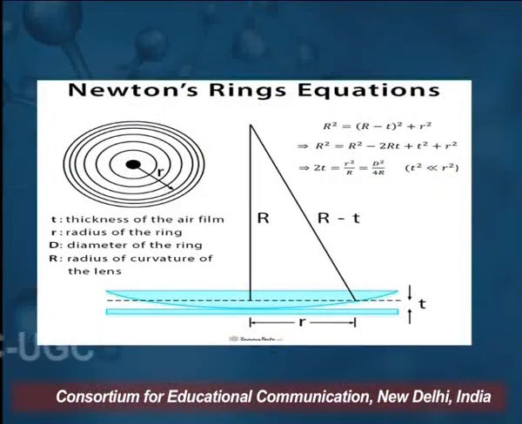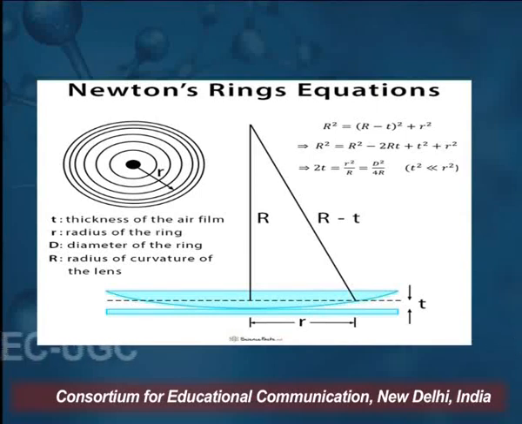On the left hand side we are seeing the schematic diagram of the concentric interference rings which we get by using the Newton's ring experiment. On the right hand side we see the arrangement of the plano-convex lens mounted on the glass plate. Here we see that